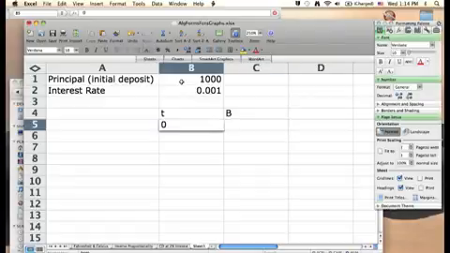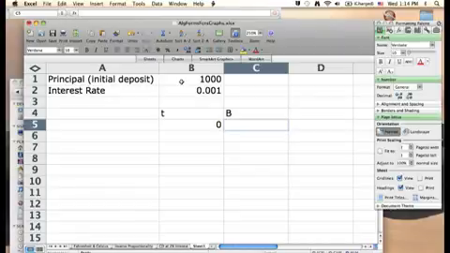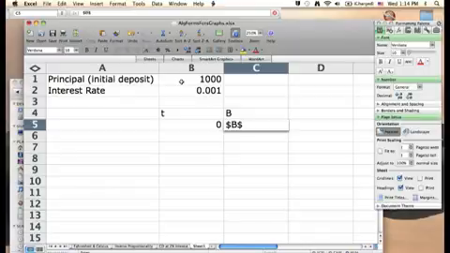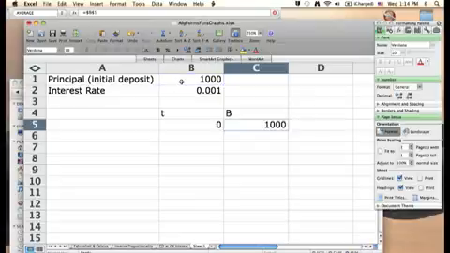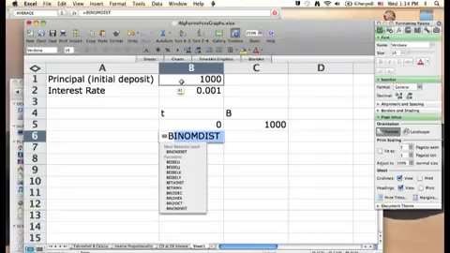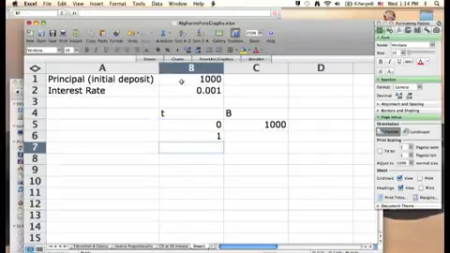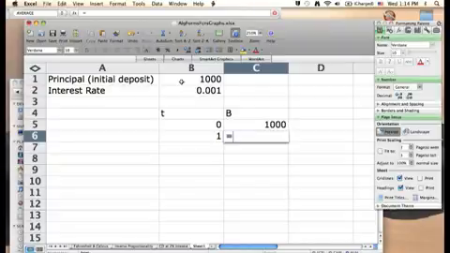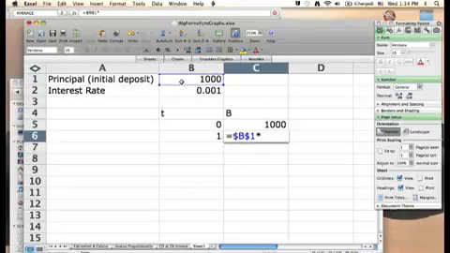So my initial balance is going to be the principal, which is in cell B1. Think about that. Would I want to use dollar signs or not? And yes, I would. Need an equal sign, though. That'll be my initial balance. Increase time by 1 each time. And here, I need the formula that I take my balance, which is in B1. And actually, I could have typed this in initially in cell C5 as well, times 1 plus the interest rate